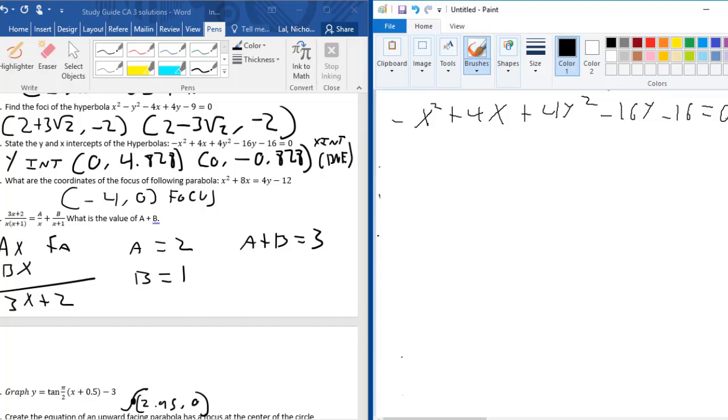Now, it would be possible to group the x's and the y's, factor out the coefficient for x, complete the square, add it to each side, get it to the standard form of the hyperbola, and then plug in 0 for x to find the y-intercept and plug in 0 for y to find the x-intercept. We could also take out our graphing calculator,